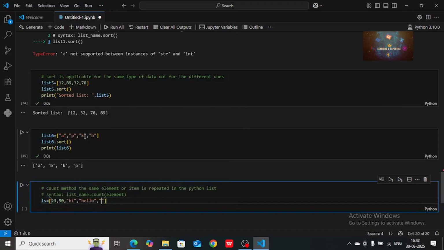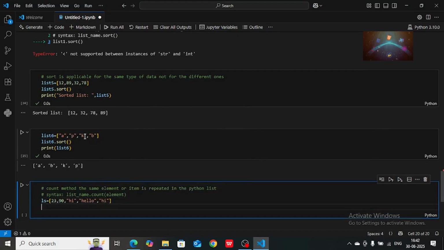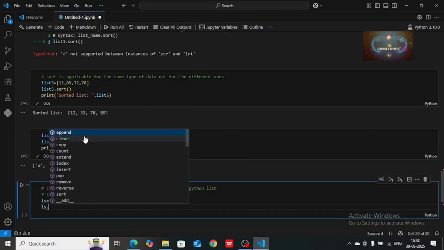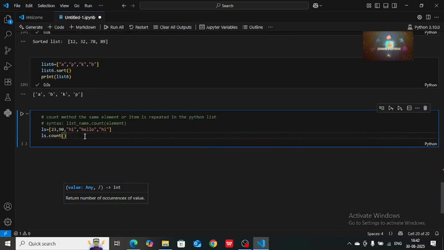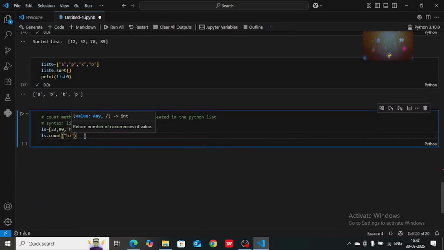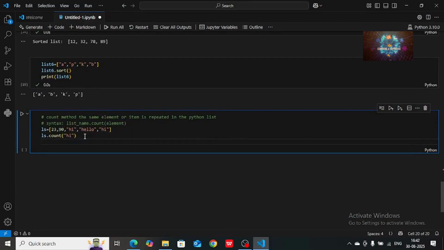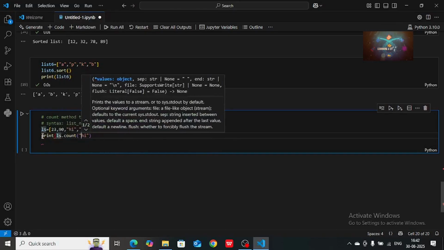And I want to check how many times hi is repeated in the list. So I'll use ls.count, where ls is my list name and count is a method, and I want to calculate the count of hi, and just print the count